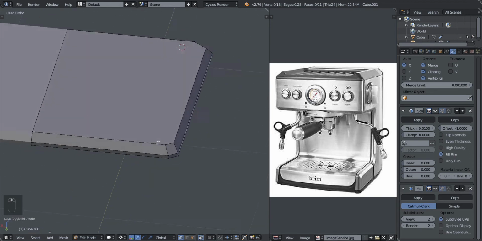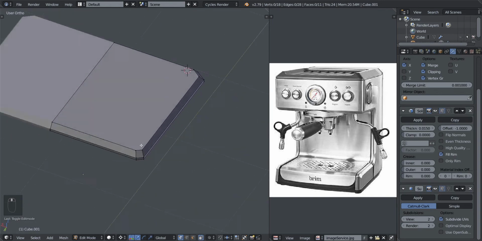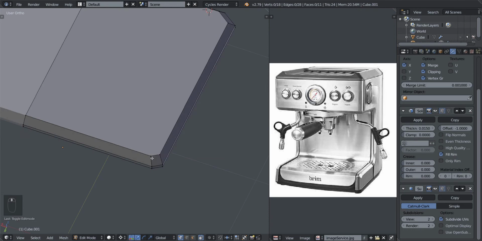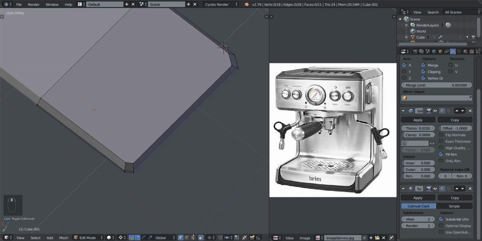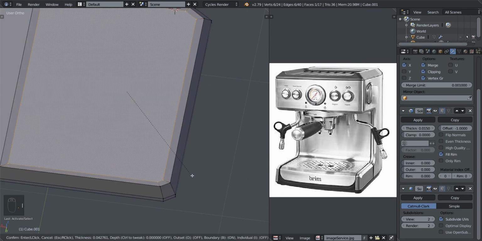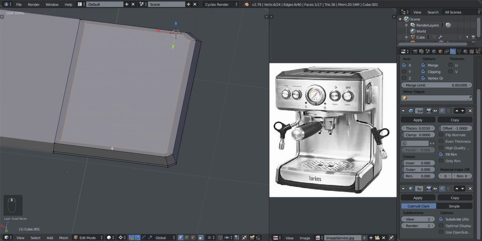Like that. So now what we want to do next is insert the faces again. But as you can see, these faces only exist around this side here of the coffee machine. So we're going to connect that face to this one here, and then wrap it around to the back and to the other side. So let's do that right now. We're going to select the face, change back to vertex, insert until this end right here aligns with this vertex here. Alright, so all we're going to do now is